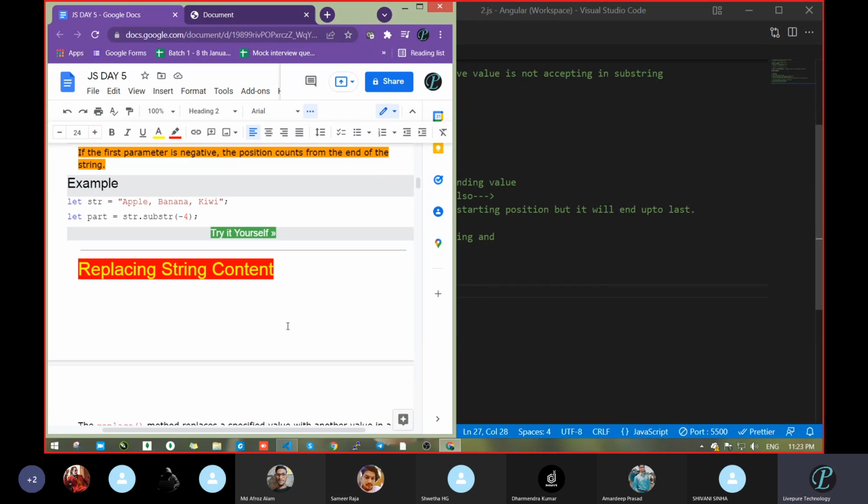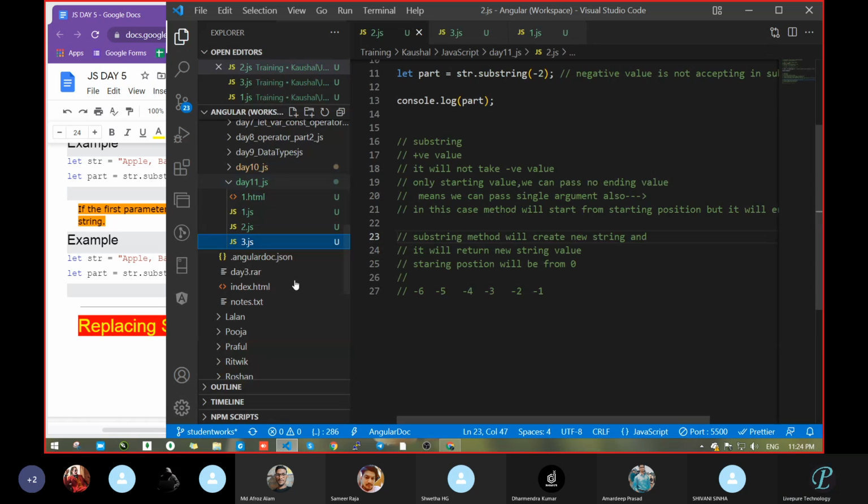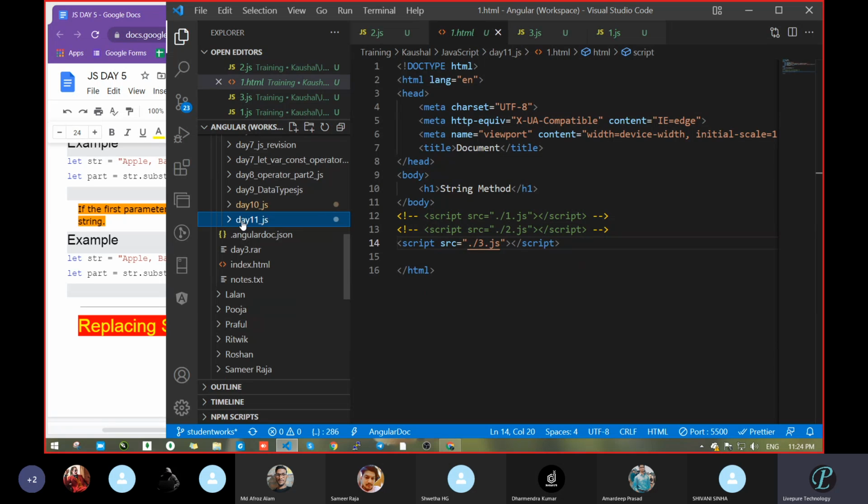Okay, remaining we will cover tomorrow. And whatever we have discussed just now, please go through all these properties one time. Whatever we have covered so far, like object, string, we have covered approximately the 9th day. Okay, 9th or 10th day. See that now we are in the 11th day. So please, you have to understand somewhat.